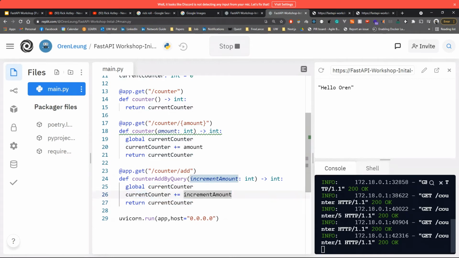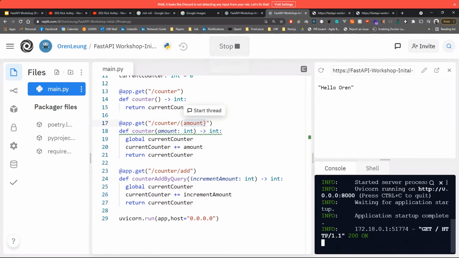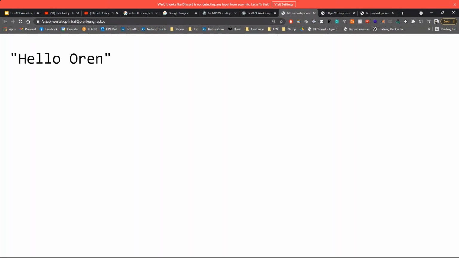Okay, awesome. So now we have a different way of incrementing our counter. Instead of incrementing it via a path, we're going to increment it via a parameter. So what we're going to do is we're going to click stop, and we're going to click run. Now I go and I click new tab, and I click